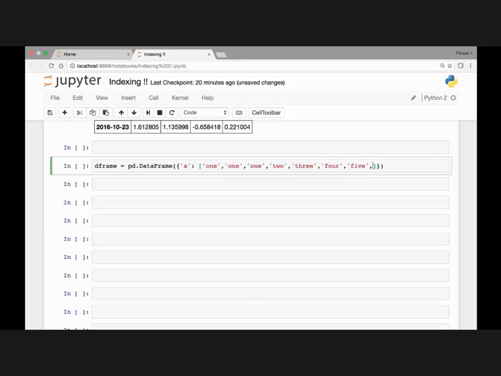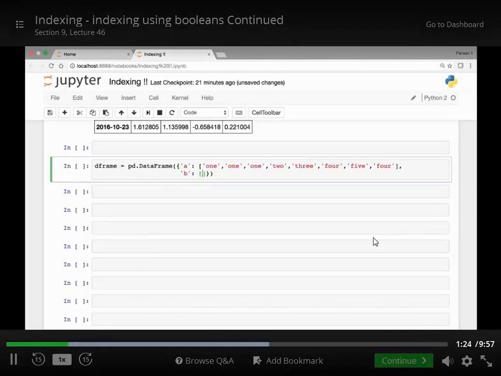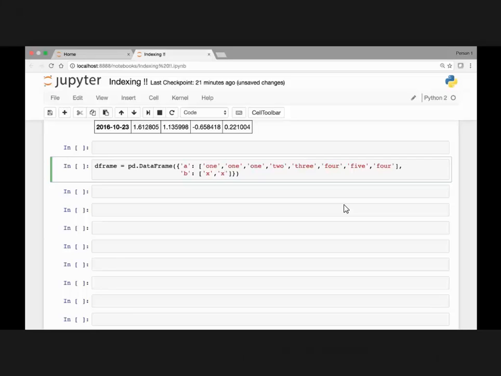Let's see, 1, 2, 3, 4, 5, 6, 7. Let's create one more, 4. Let's pass another key and value combo. Let's say B. Then for this we'll pass some values. Let's say X,